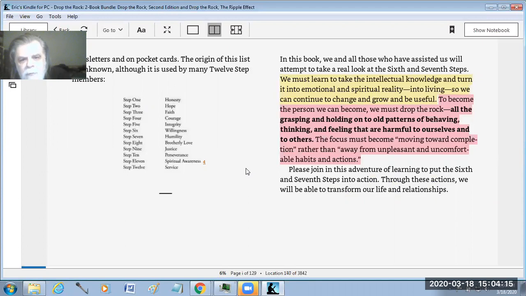We can skip the list because I did include that, of course, in the PDF as well. Each of them corresponds to the step, and they begin with honesty, hope, and faith. However, let me just clarify that normally people look at that in terms of honesty, open-mindedness, and willingness, and that's a little bit different approach when we look at the steps. The principles behind that actually are honesty, hope, and faith. But when we look at the step, we need to develop honesty and to develop open-mindedness and to develop willingness.